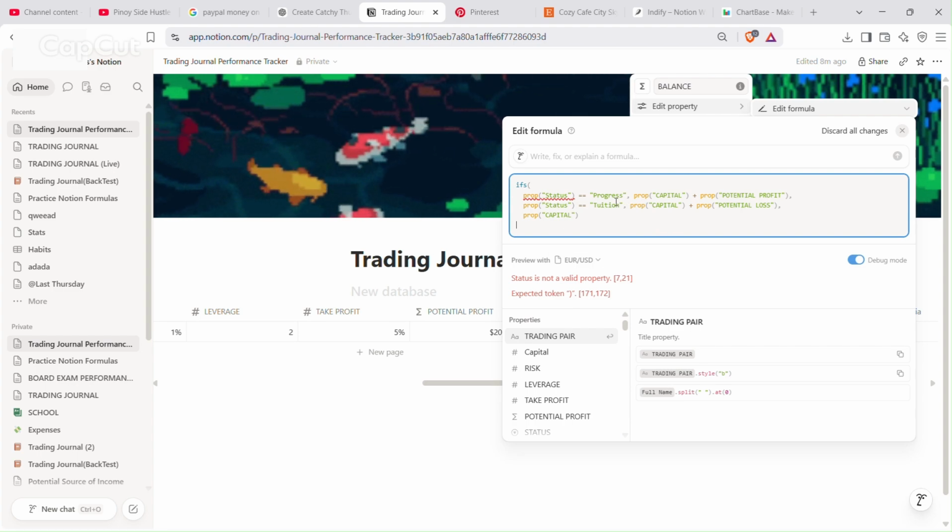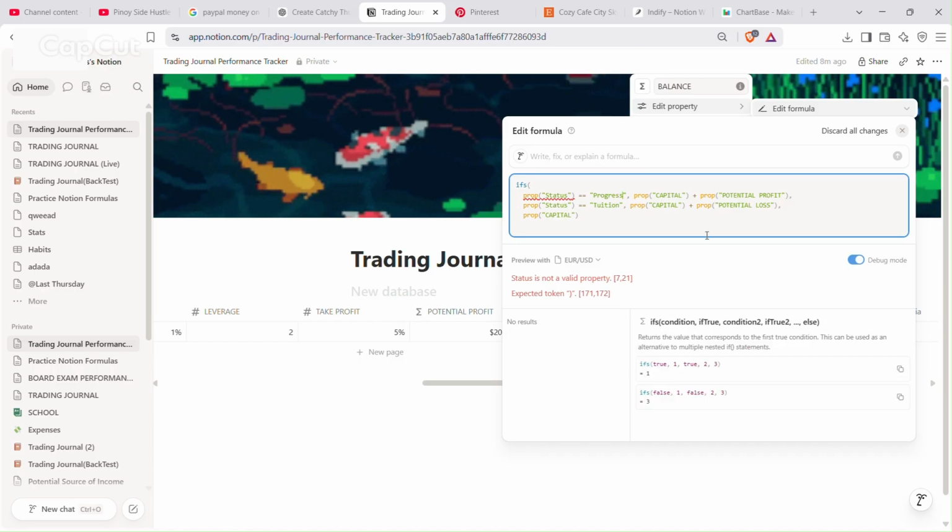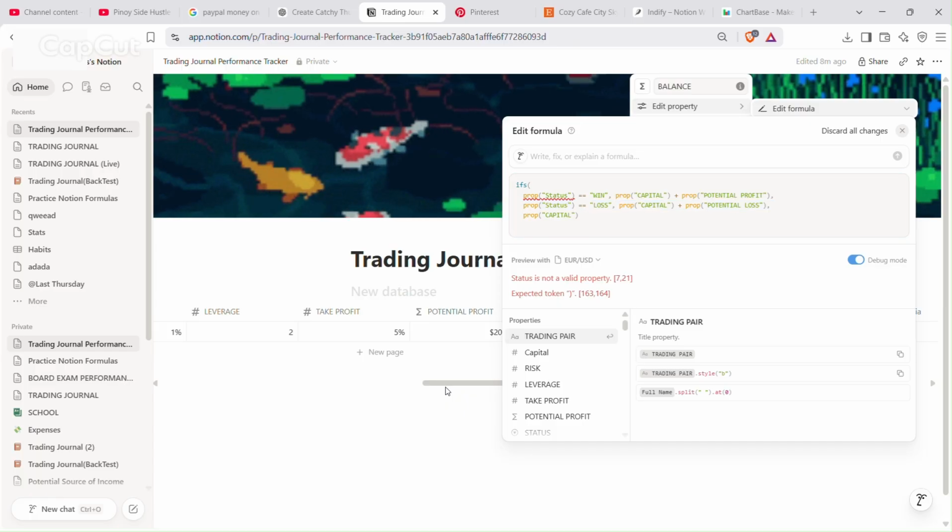So prop status, if the status is, we set as win, so it will run this function, capital plus potential profit will be our balance. And if we will set the status as lose, then it will run this opposite thing here.